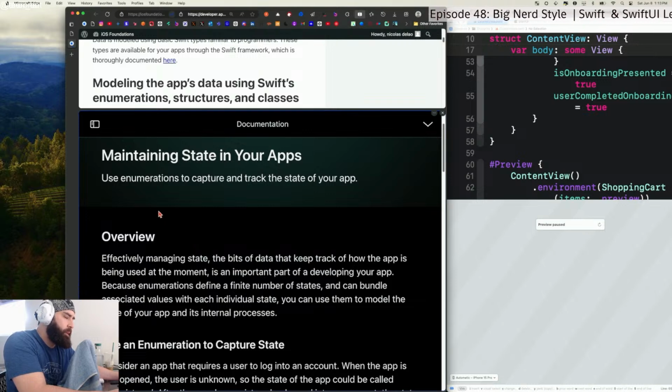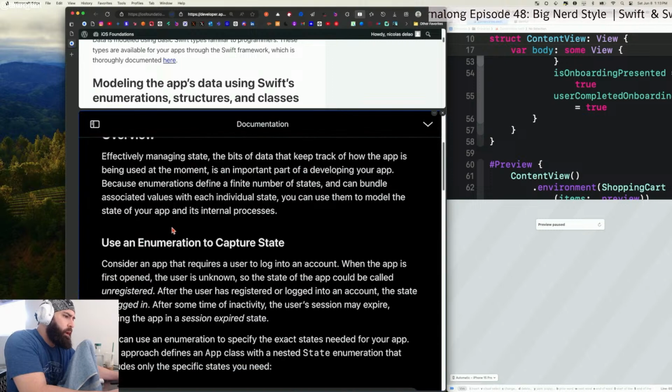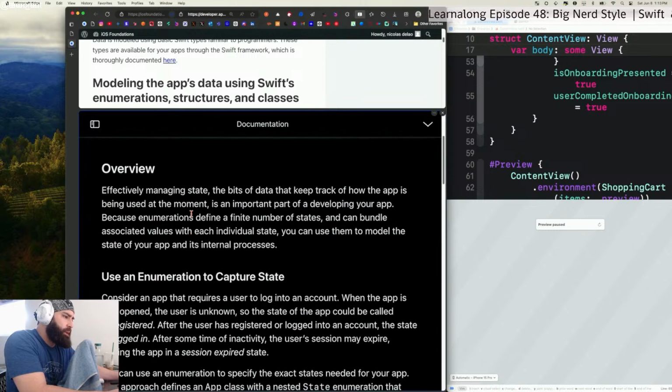All right, maintaining state in your apps. Use enumerations to capture and track the state of your app. Overview. Effectively managing state. The bits of data that keep track of how the app is being used at the moment. Yeah, that's a decent definition of state. Not that I can do any better, but it's always a kind of a wiggly definition. But yeah, it's quite literal if you